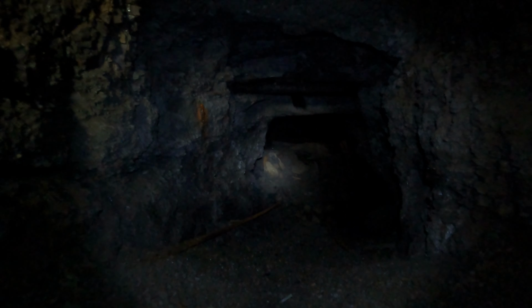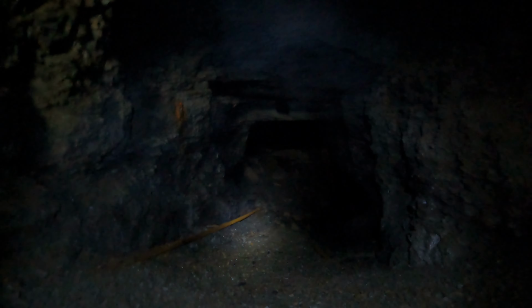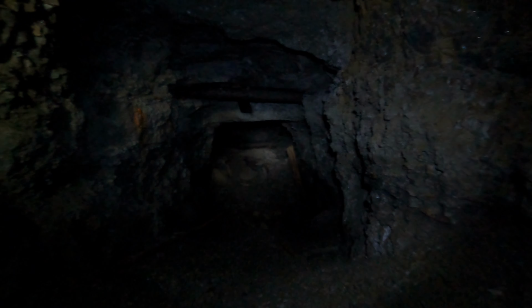Yeah, that's a general overview. Hope that was a good presentation for you all. Good conclusive presentation, because as stated previous, this is most likely the last time that I'm doing a solo exploration of this mine. I say solo because I might go with Adventures R Us as stated previous. But yeah,